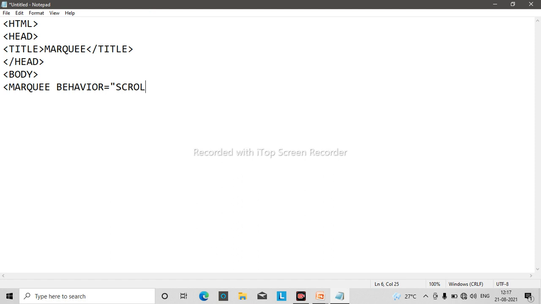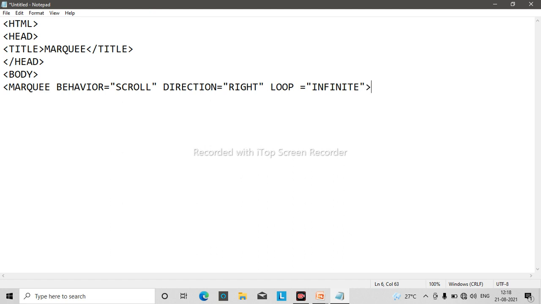Okay, let's use the simple ones. Then for direction I would like to use, direction should be down. Okay, or let it be right. Okay, it's all right. Then loop. Loop I want is equal to infinite. Okay, or you can put 10 or you can put 100, as much as you want you can do it. Okay, infinite. Understood? I have written infinite.